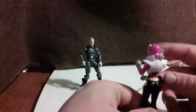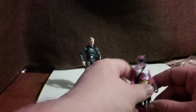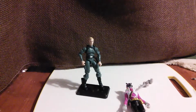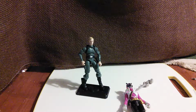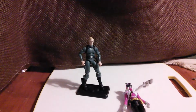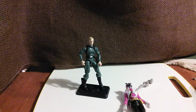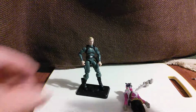So anyway, this is a review of the Power Rangers Super Samurai line, and pretty much what you'd expect from Power Rangers. They're all colorful and coolness. But for $2.50 at Big Lots clearance, this was a really good deal. I don't know that I would want to buy a whole bunch of these figures, especially if I have to add articulation at the waist, which, like, you know,